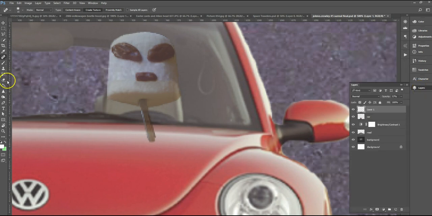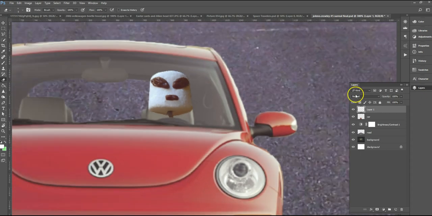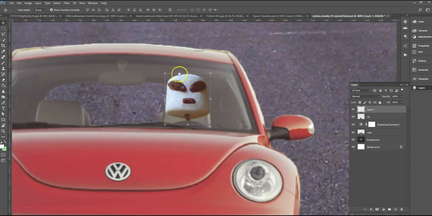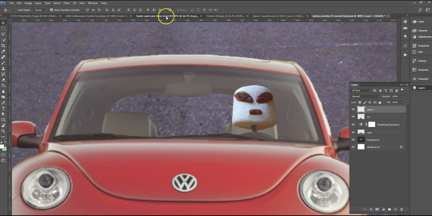Switch back to layers, and make sure this time I'm using the eraser. And now I can erase that really easily. And now I'll turn the opacity back up, and now that's looking pretty good. All right, so the next thing I need is